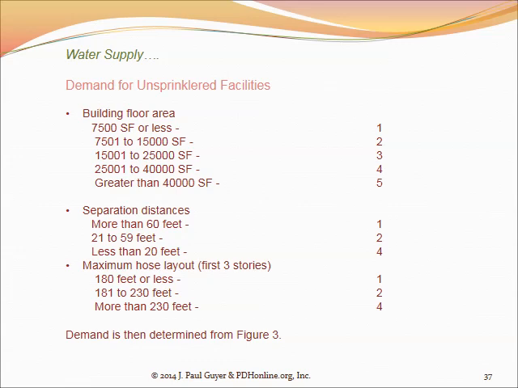Separation distances from other buildings, more than 60 feet to the next nearest building, your building gets 1 point. Less than 20 feet, your building gets 4 points. Maximum hose layout for the first 3 stories, 180 feet or less, 1 point. More than 230 feet, 4 points. Hose layout is from the hydrant to the pumper truck, from the pumper truck to the roof of the building, at least up to the 3rd floor. And you add up all of these points, and demand for water for fire protection purposes is then determined from